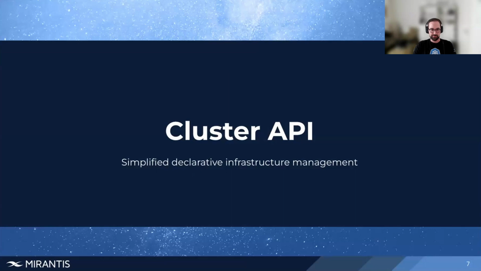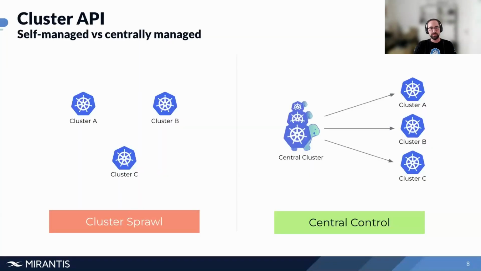So Cluster API, the subtitle says it all: simplified declarative infrastructure management. It can be seen as some kind of alternative nowadays to Terraform. A lot of discussions about Terraform, or even the OpenTF manifesto. So Cluster API can be an answer. It definitely helps in the first place with cluster sprawl. So if you think about a growing environment,